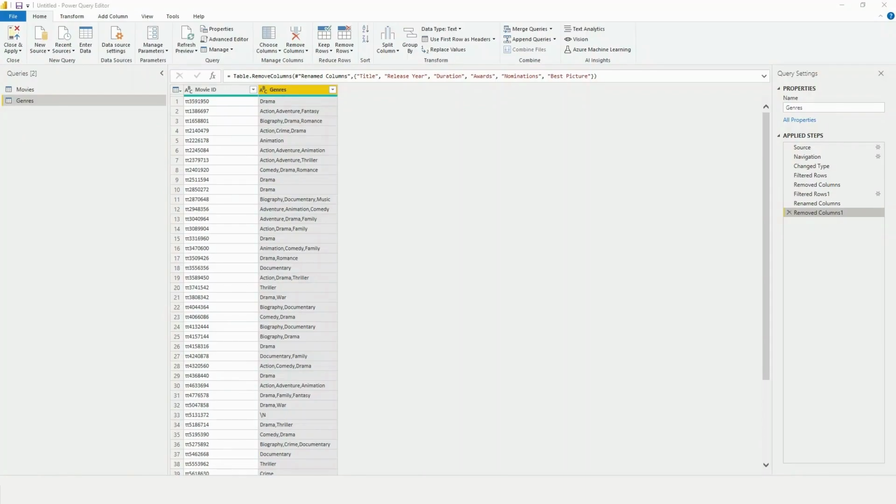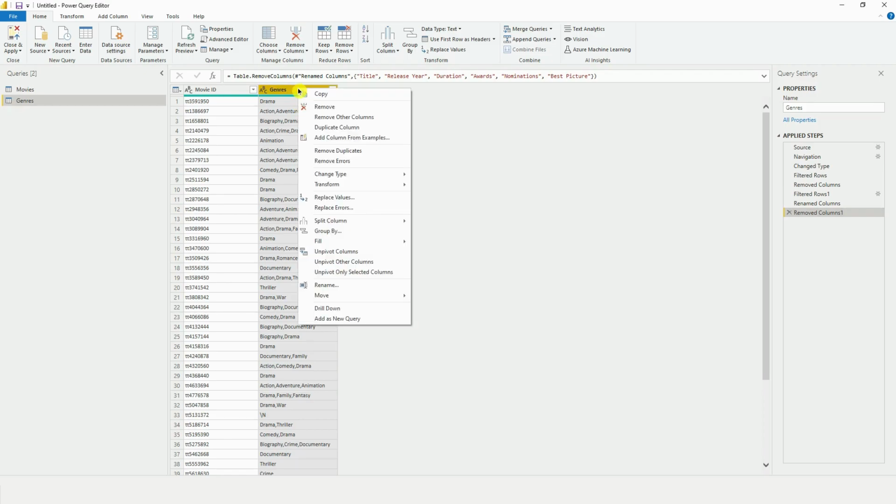In this demonstration, I show you how to use the split column by delimiter command. Now that I have created my genres query, I have another step to create a set of distinct values so that for any given movie I can filter on a single genre name as opposed to the combinations that we can currently see in this column. To do this, my first step is to split by delimiter, because those genres are currently separated by commas. So if I right click on the genres column, I can select the split column option here,